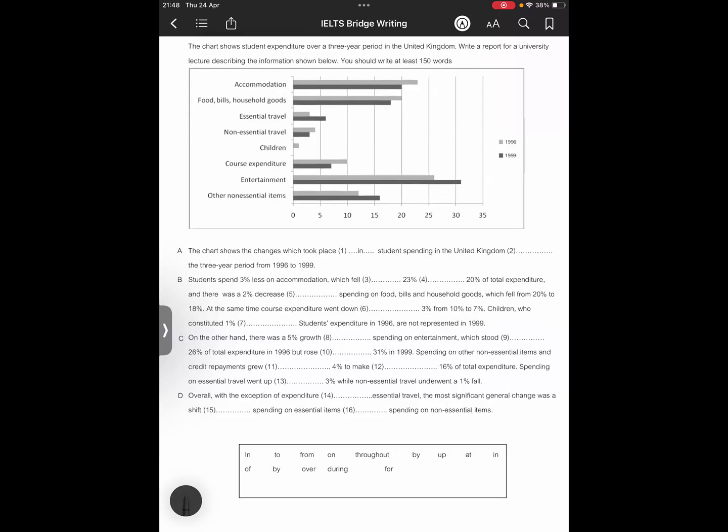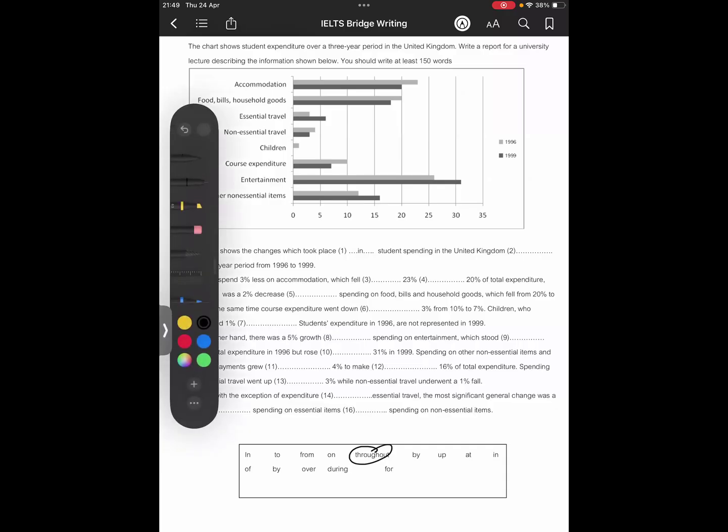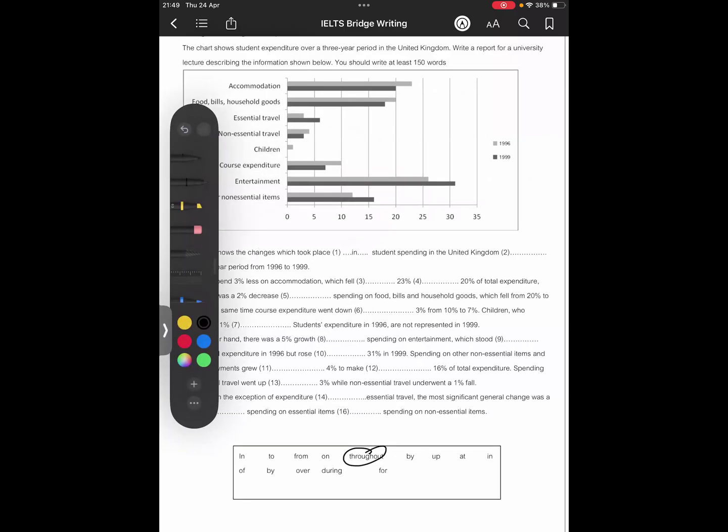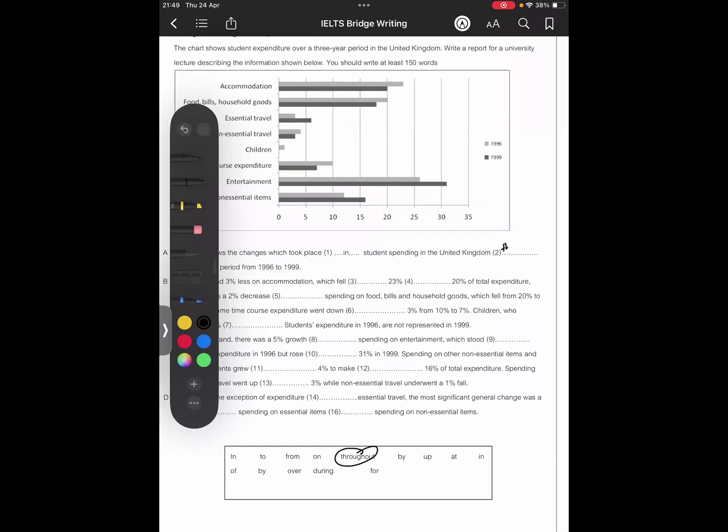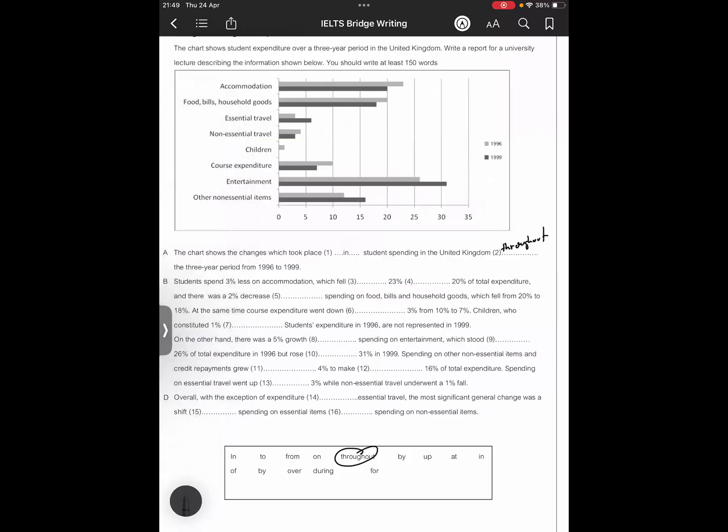Okay, so for number 2, number 2 would be the period, right? 3 years period, so we could use throughout to talk about period. Okay, so we're going to write throughout. Next, students spend 3% less on accommodation, which fell